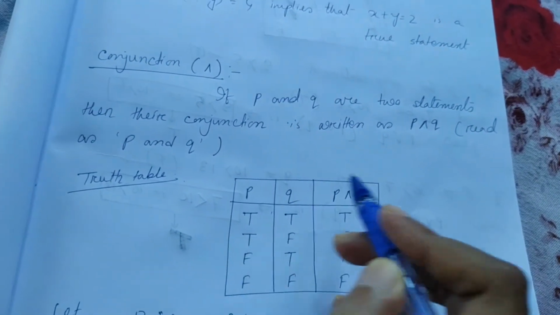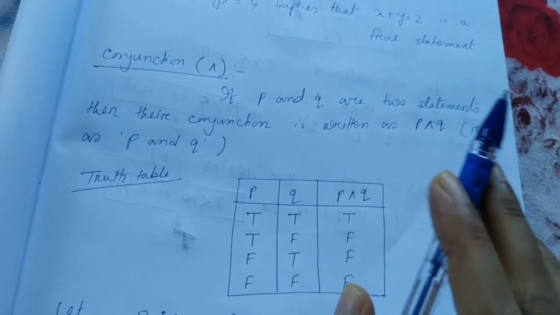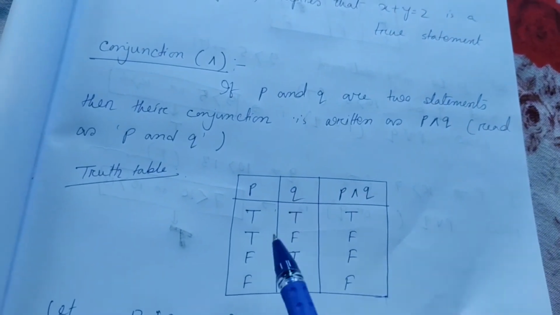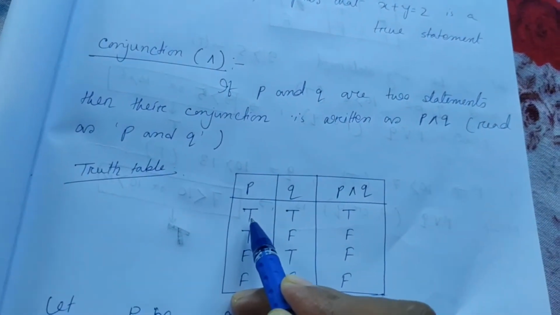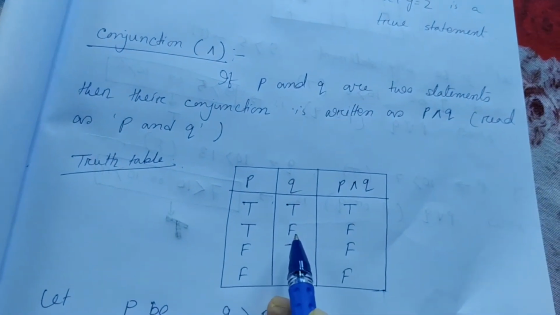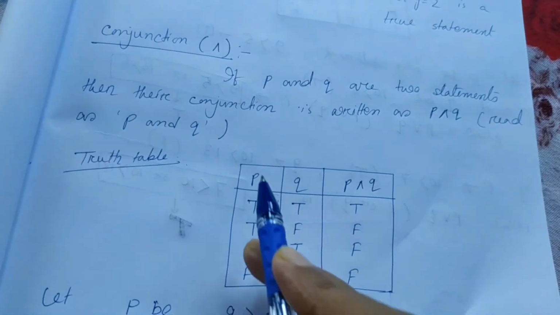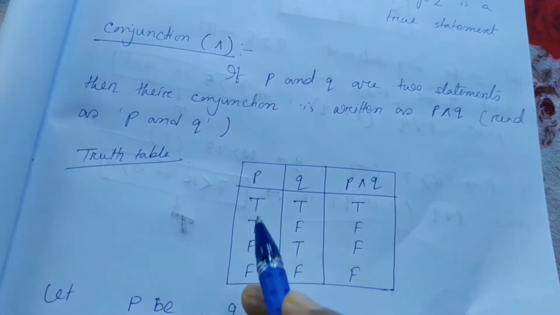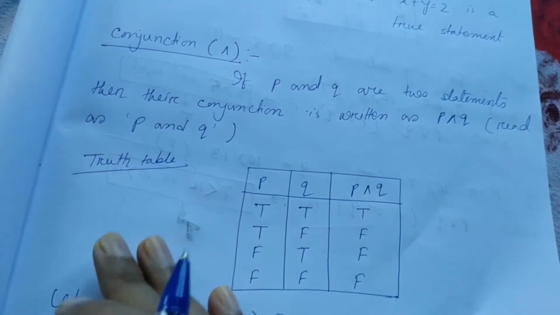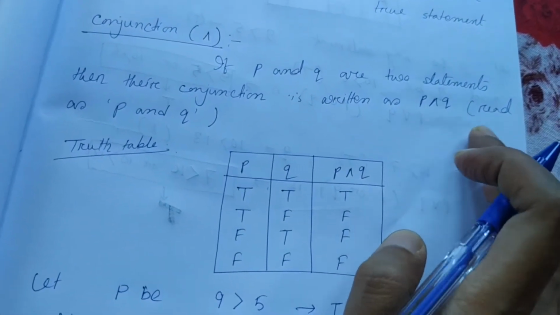Now if I draw this kind of table, it is called a truth table, and P and Q are the two statements. Now if P and Q are two statements, it can have values like, suppose P is true, Q is also true. P can be true, Q can be a false statement. If P is false, Q can be true, and P false, Q false. These are the four possible things that you can write, and corresponding to them you have to find P conjunction Q, or nothing but P and Q.